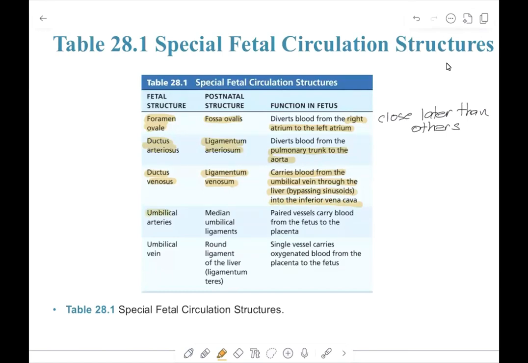The umbilical arteries become the median umbilical ligaments, and they carry blood from the fetus to the placenta. So remember, it's still away, but it's from the fetal heart. And the umbilical vein is just the opposite. It becomes the round ligament called the ligamentum teres, and it carries oxygenated blood from the placenta to the fetus. So again, it goes towards